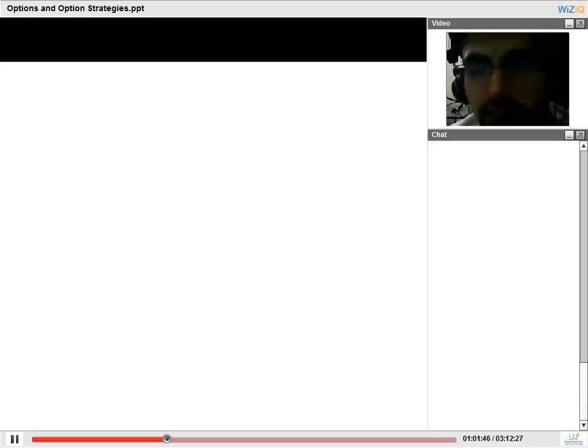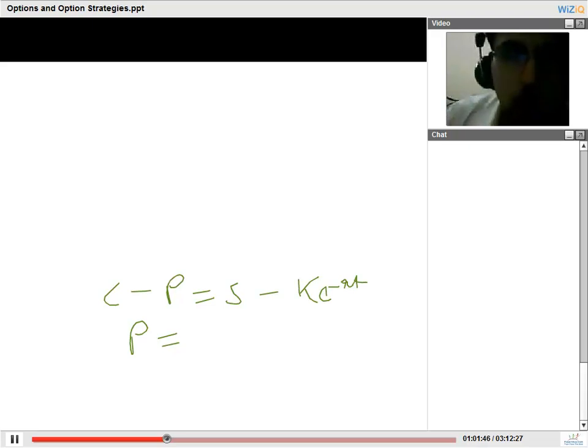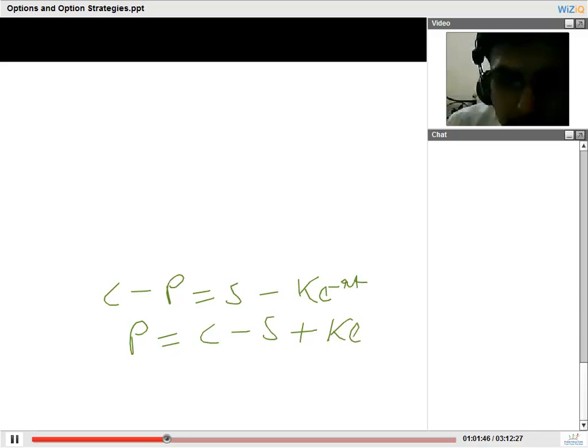I can rephrase this question as: compute the price of a European put using a synthetic position. So the put call parity says that C minus P is equal to S minus K e raised to power minus RT. A synthetic position in the put can be created by taking the put on one side. It can be created by plus P, or short put. It can be written as C minus S plus K e raised to power minus RT.